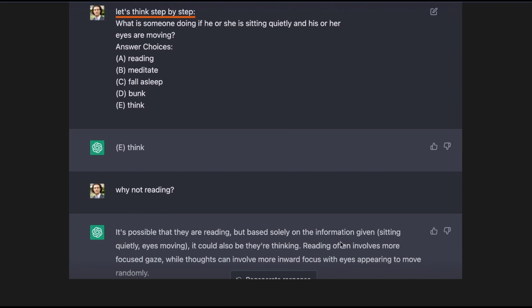It's giving you a common sense answer, which could be wrong or right. It's its opinion on something, like a real human. It could be thinking, it could be reading. It depends, right? So in this case, you can see its answer. It justifies the answer.